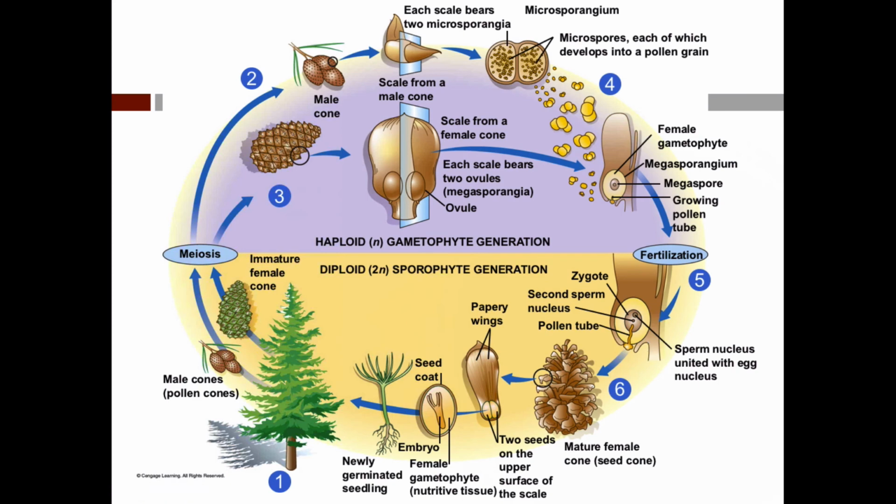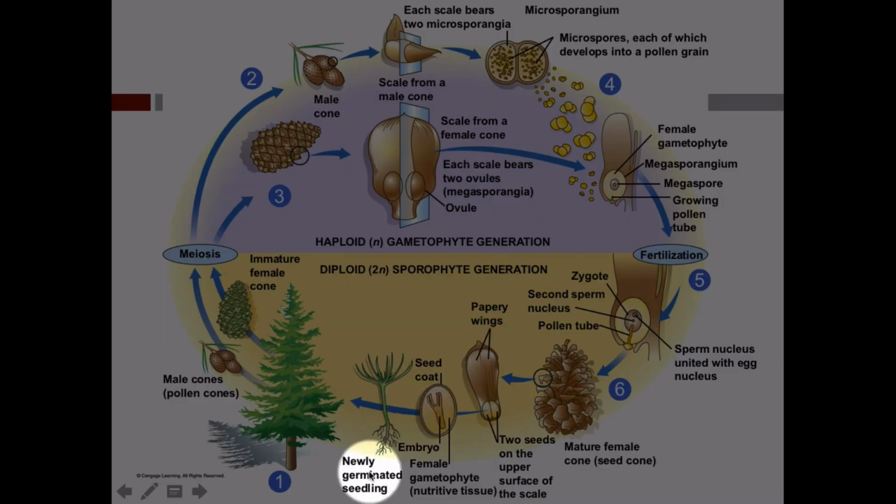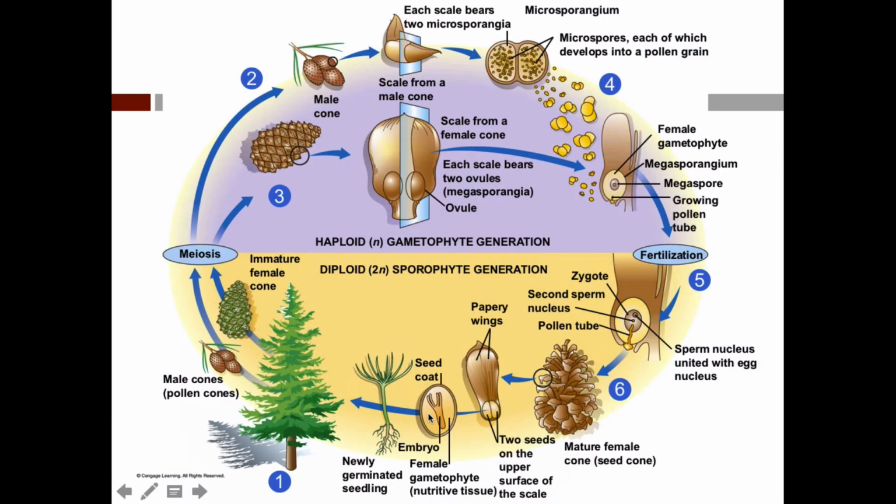So to end this lecture, all you need to hear is the way in which these species alternate generations. So yet again, you see the alternation of generations. I suppose I'll begin here with this newly germinated seedling. Thanks a lot, seed. From this seed, we get the seedling. Eventually, there is this tree.